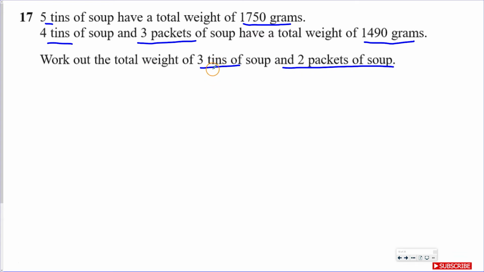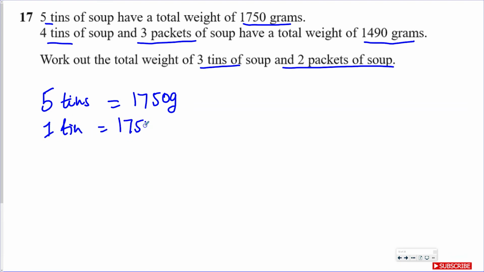So which means we need to find out what's the weight of each tin and what's the weight of each packet. Now from this first sentence then, we're told 5 tins, they weigh 1,750 grams. So from here we can say 1 tin is going to weigh 1,750 over 5, which is going to be equal to